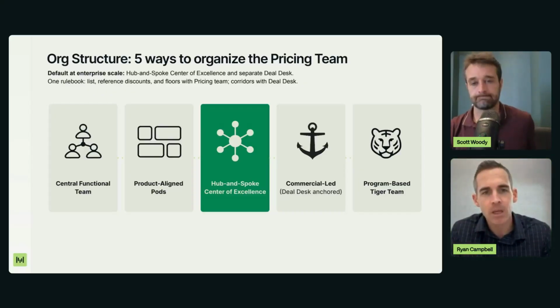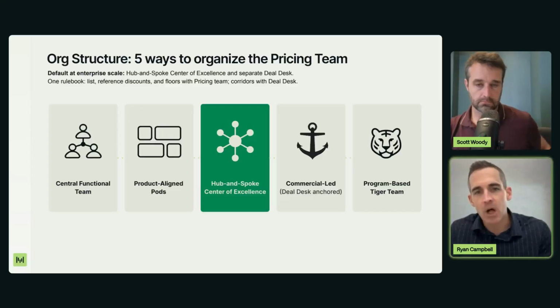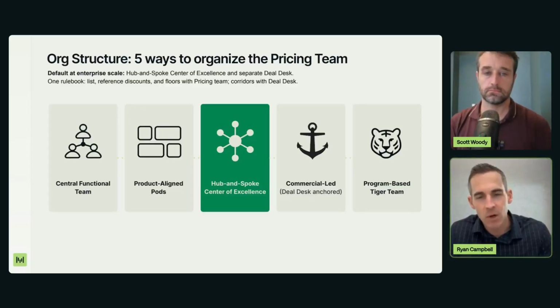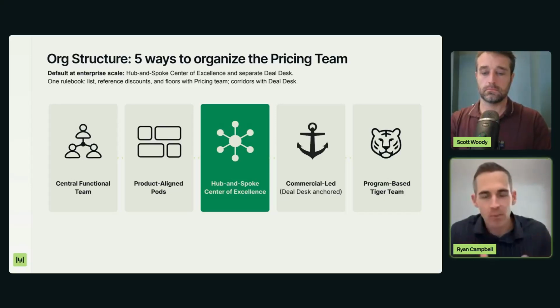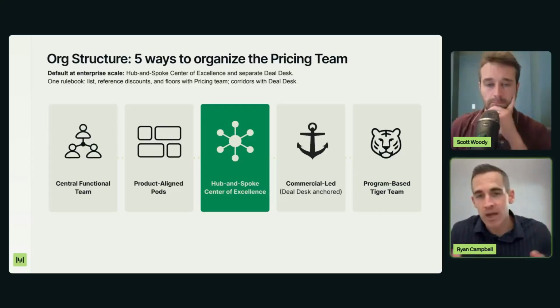And so what we at Snowflake have done is decided to move to more of this hub and spoke center of excellence model. And the reason I'm calling it that is because our pricing team today is about 8 or 9 folks. We also play a finance role as well. So we're wearing multiple hats. And 8 or 9 folks in a world where you have 200 plus PMs, you have 1,000 plus engineers, is never going to be in every single conversation, making every single decision.